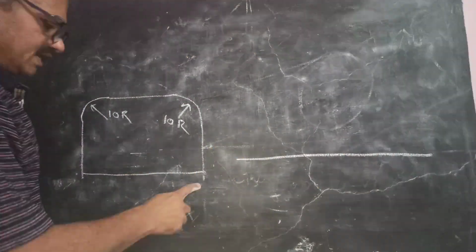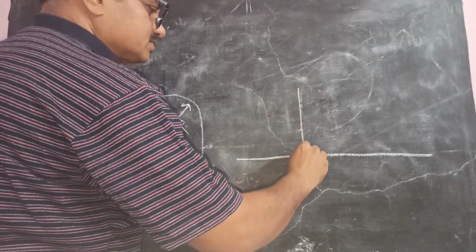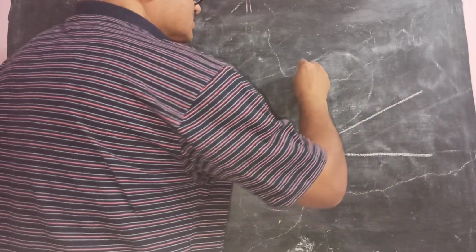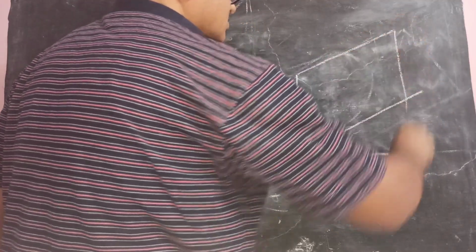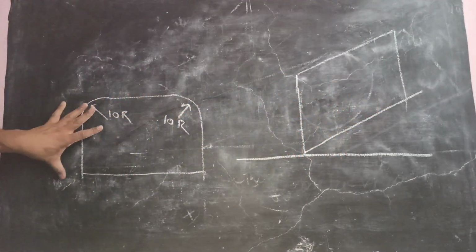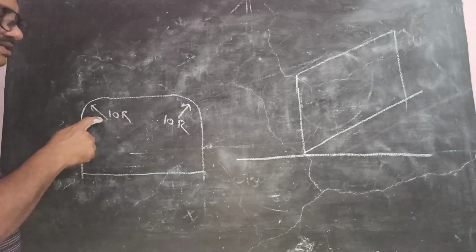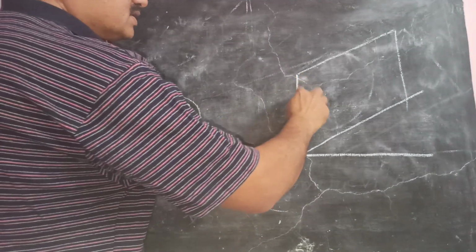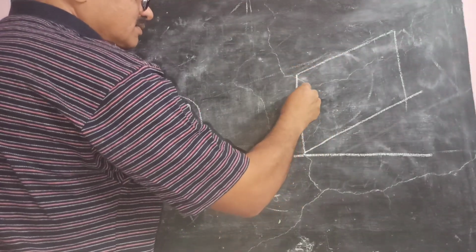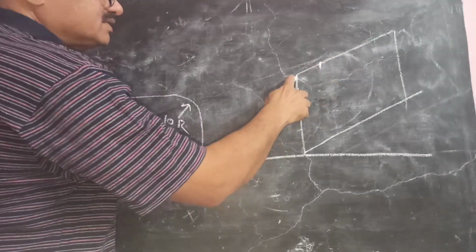Now of the length of this and of the height of this, draw a rhombus. Take 30 degrees angle and draw a rhombus of the height of this and the length of this. The length will be equal to this, the height will be equal to this. Then this is 10r, means radius is given as 10. So it is in this corner, also it is in this corner. So from this point, mark the point as 10 and 10. This is 10, this is also 10.